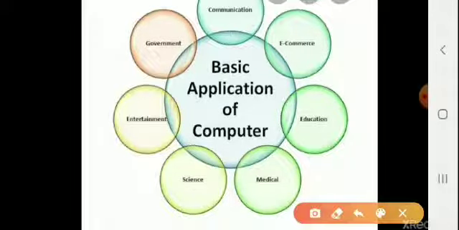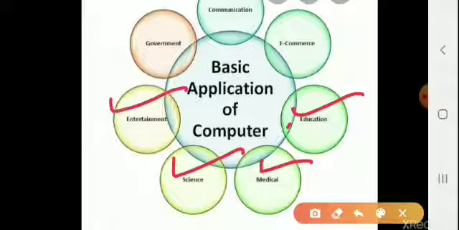So first of all, education, means in our school. Okay, then medical, in hospitals we go. All the work is done, all the machines are kept there, all the medical reports are stored, all the data and information are kept secured in this computer system. Then science and technology, research. Then entertainment, as we see the televisions and animated picture videos. Then for governmental works also, like banks, okay, and post offices also.